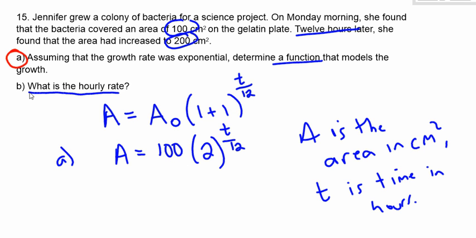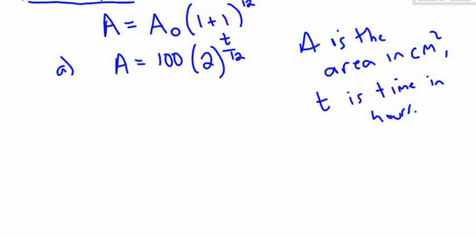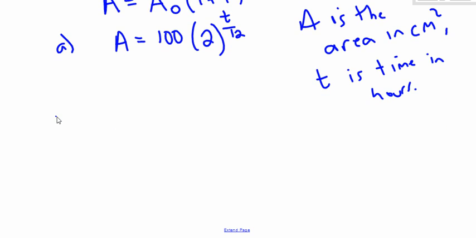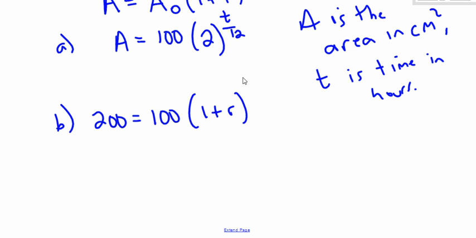Now question B says, what is the hourly rate? So I'm going to change this up a little bit. I'm going to now assume that instead of doubling in 12 hours, there's some sort of hourly rate. So I'm going to rewrite this equation and assume that every hour it increases by a certain